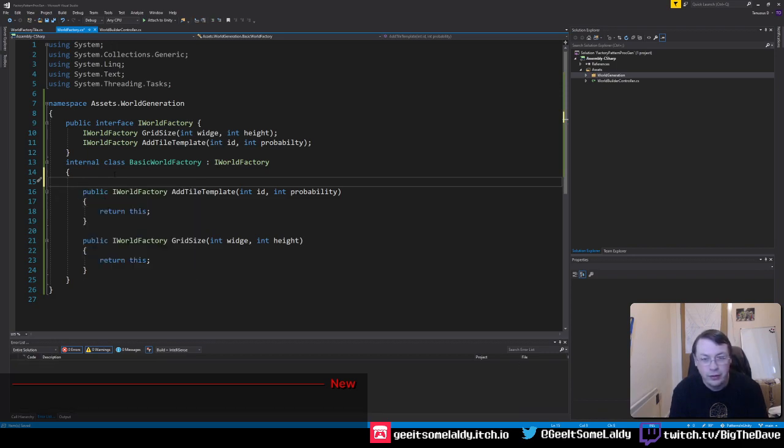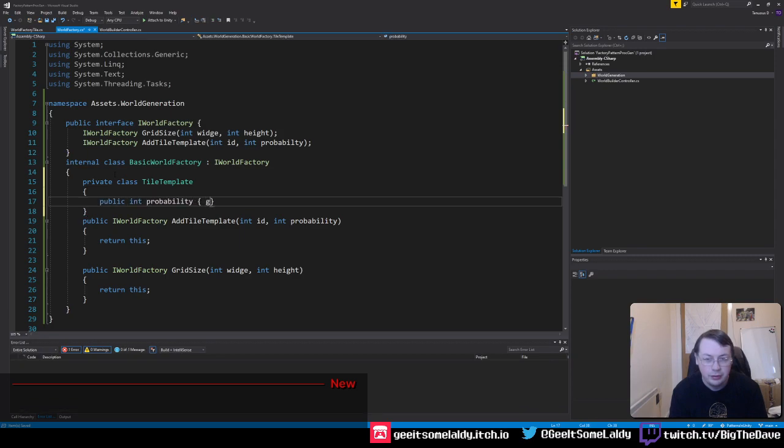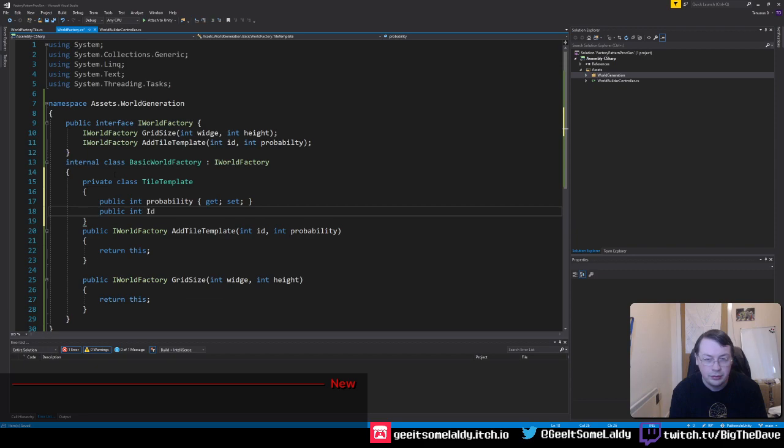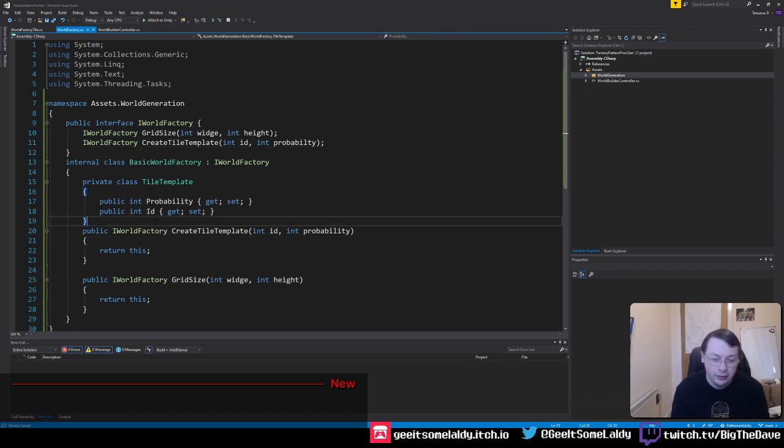So what we're going to call this is private class tile template, and that's going to be the data that we're adding to this. Actually, rather than add tile, create tile template I think is probably a better one. So we're going to have a list